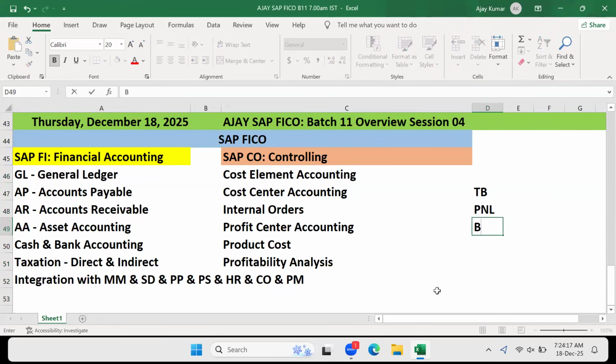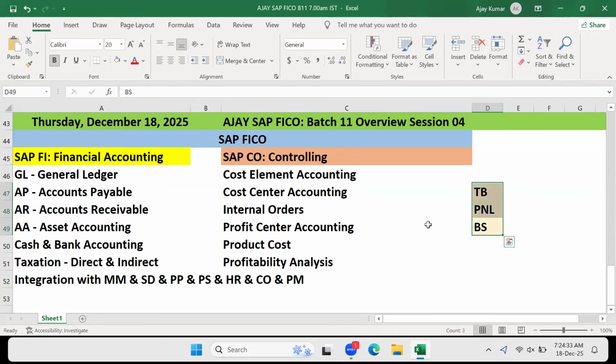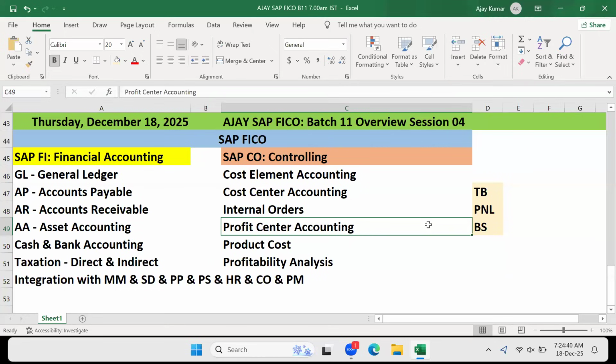To identify whether you are making profit or loss for a particular month, you need to prepare a financial statement, right? Yes. To prepare the financial statement, you need these three. First thing you require is the trial balance. If I do not have a trial balance, can I make a P&L? No. It is not possible to prepare P&L without a trial balance.